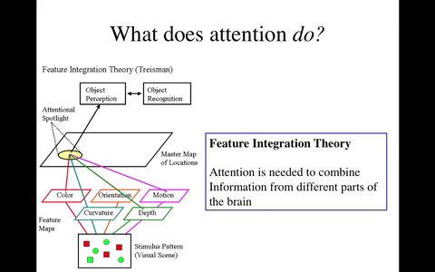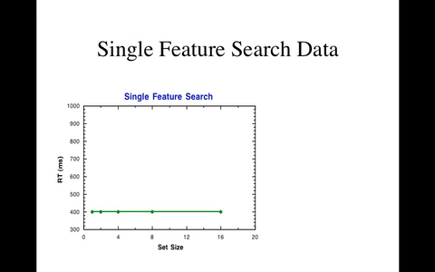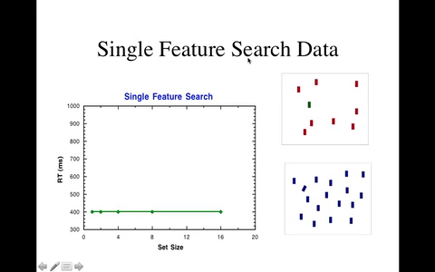We discussed several sources of evidence for this, from visual search and illusory conjunctions. In the visual search case, we compared different kinds of search stimuli, and these are some examples. These are single feature searches. In these cases, for instance, you have to find the green item amongst the red items, or the tilted blue item amongst the other blue items. And the basic finding is that as you add more and more distractors, it doesn't add to the search time. This is sometimes called pop-out search. The idea being that you don't really need attention in order to detect that there's something that differs